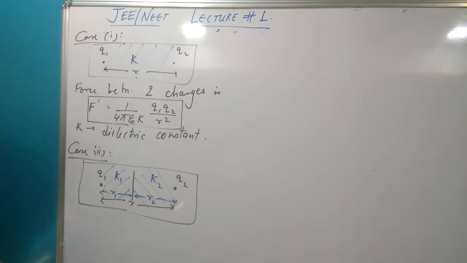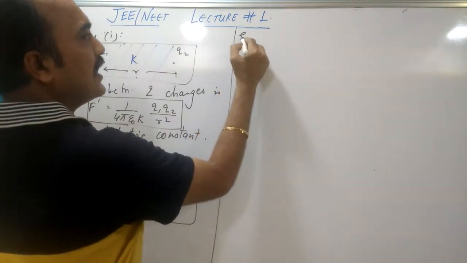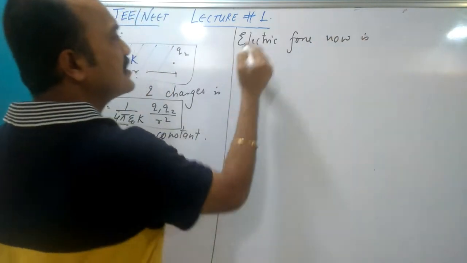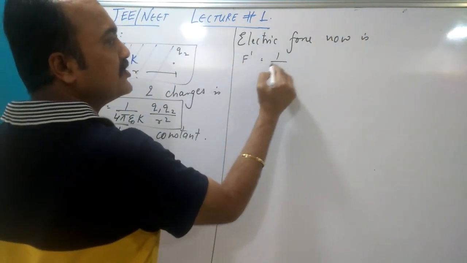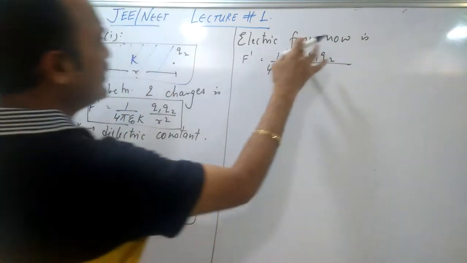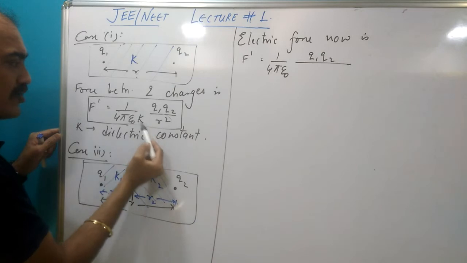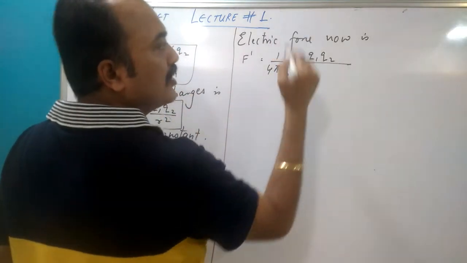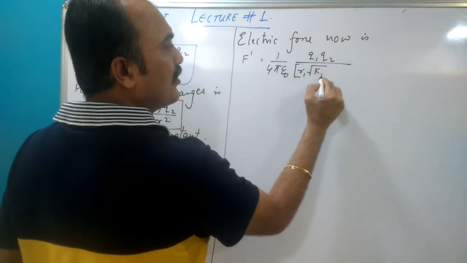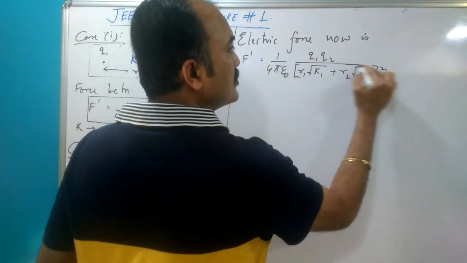I have got a very beautiful equation for you. Look at this equation carefully. The electric force now is F dash, please pay attention, 1 by 4 pi epsilon 0 Q1 Q2. Can you see these terms remain same everywhere? It is only this term here that is going to make a difference. So look here, root of r1,